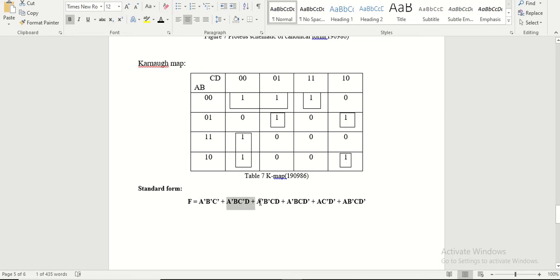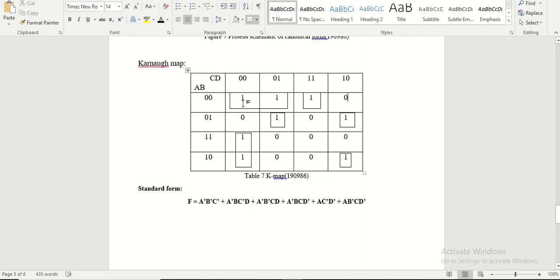Here are the 4 ones that are separately written, and here there is another combination of 2 ones which forms a rectangle. So this corresponds to this one in the tree. Basically we cannot make a rectangle in diagonal form. We can only make it from left to right, from top to bottom, and we can make it from here to this one. But here we have 0 and here we have 1, so we cannot make a combination over here.